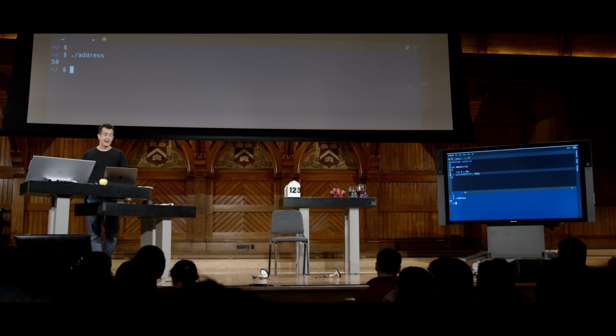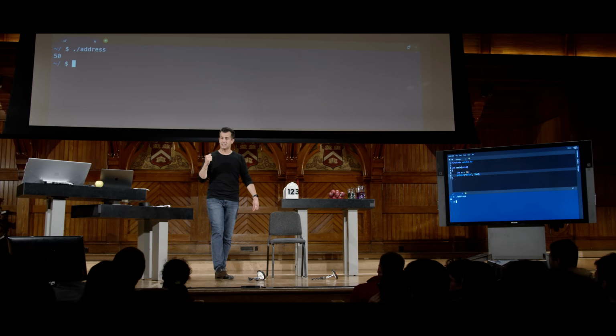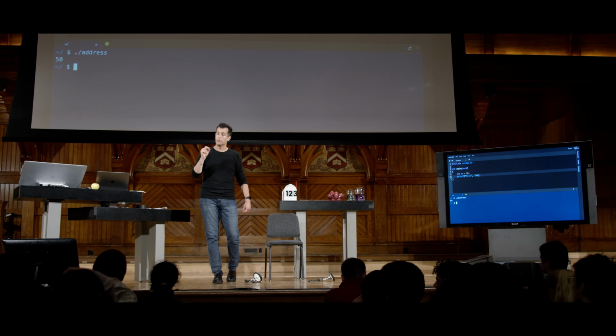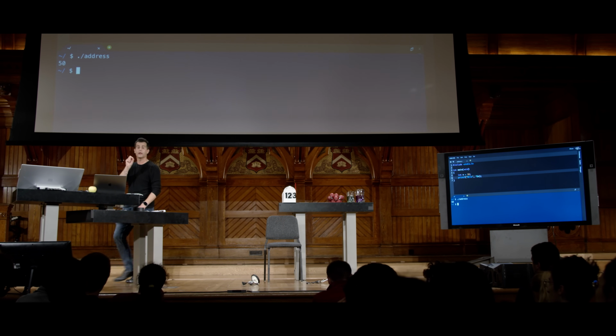Really good question. Yes, so if I had remembered the address, maybe it was 0x12345678, I could actually hard code that address in my program and tell the computer to go there. The syntax is a little different. I would have to coerce it using a cast, but I could make that happen.